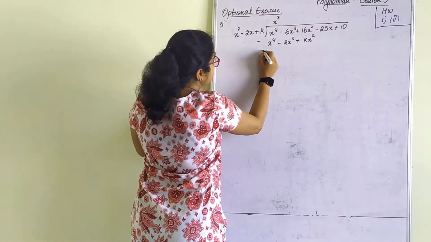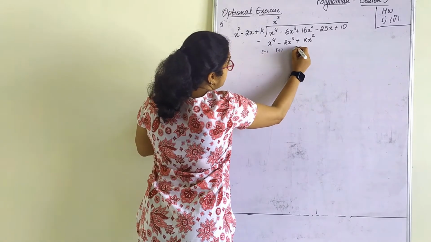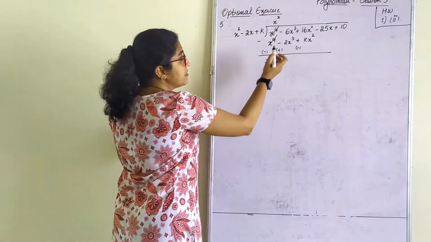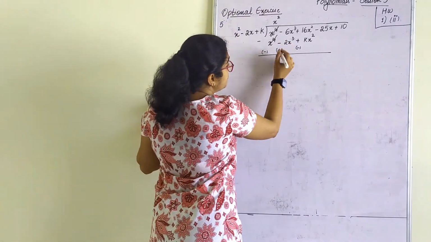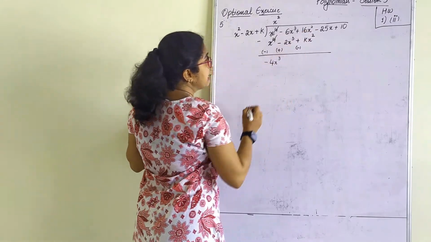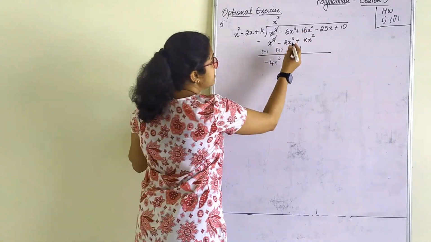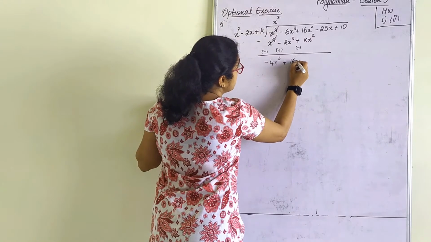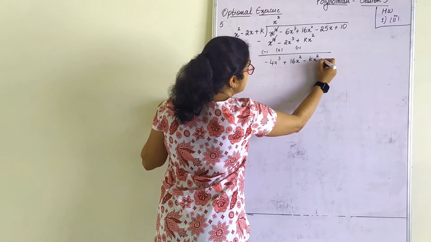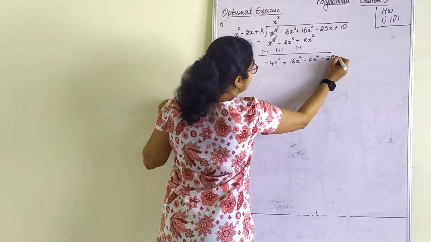Change the sign. Minus x raised to 4, x raised to 4 will get cancelled. Minus 6 minus 2, minus 4x cubed. Now this k term and x term will remain as it is: plus 16x squared minus kx squared minus 25x